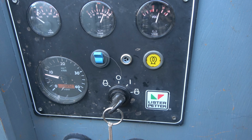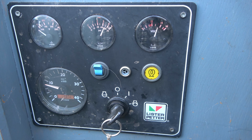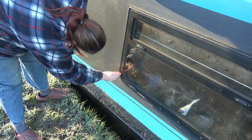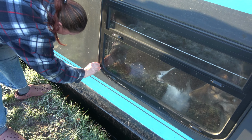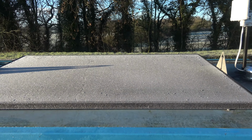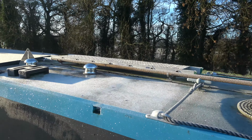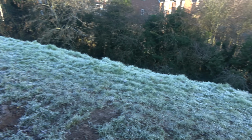There we go. Let's get ready to cruise. Lou's doing a little bit of boat maintenance before we go, because the beading around the windows decided to pop out, so she's just trying to pop that back in. And you can see, look at the solar panels. It's been a cold night. It's a beautiful day though, but yeah, it is definitely very cold. Everywhere covered in frost,